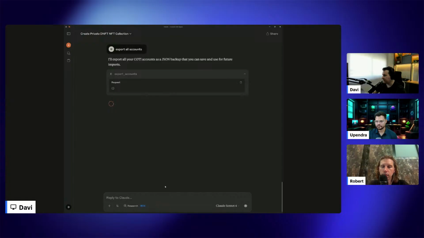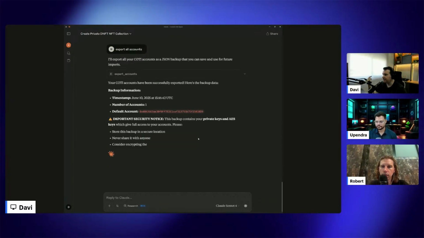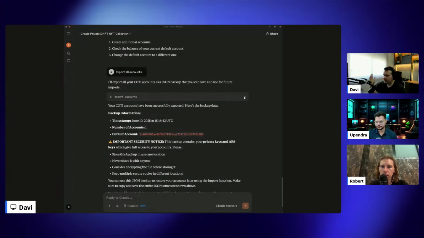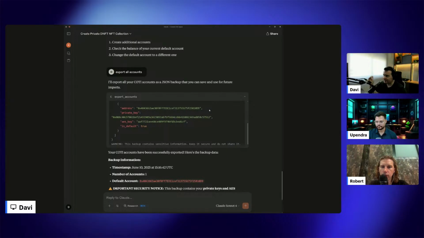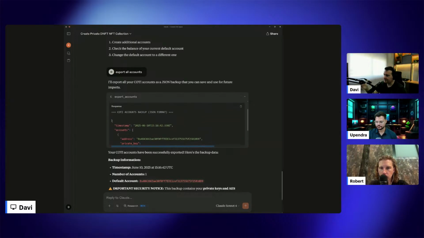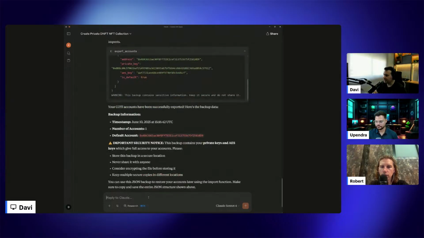And it will provide me a JSON with all of them, including the private keys, right? So I will show it here because it's just test accounts, right? But we can have a JSON like that, then I can copy and paste, right? And I can import those accounts if I want.